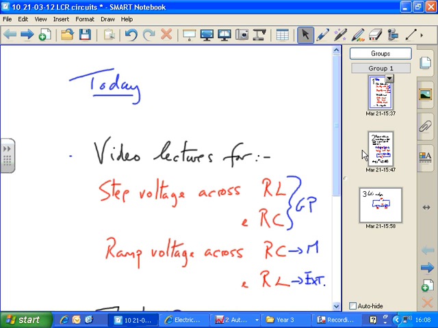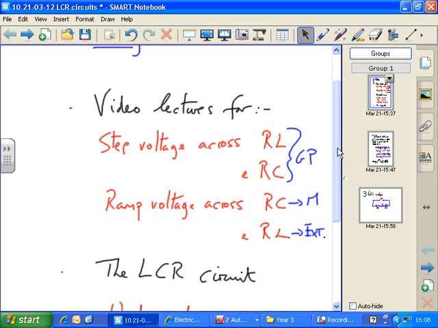So that you don't need to scribble all these notes down, you can always take your time and look back on it, okay? Because these notes will appear on the website afterwards, as usual. What I want to look at today is to point out to you where the video lectures are that I said that I would put on for each of these